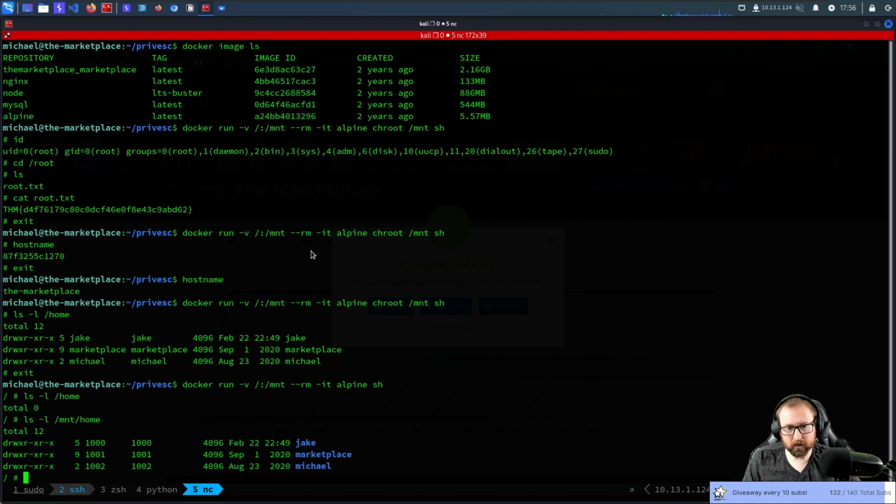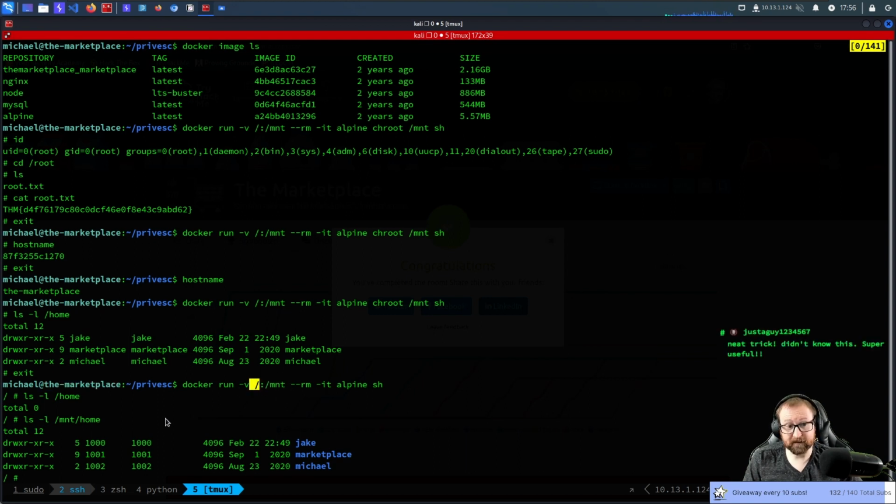And because Docker itself runs with root level privileges, it can obviously access all the files in basically the host. So even though we're technically not root on the marketplace, we are root on a Docker container which has access to all the files on the host.